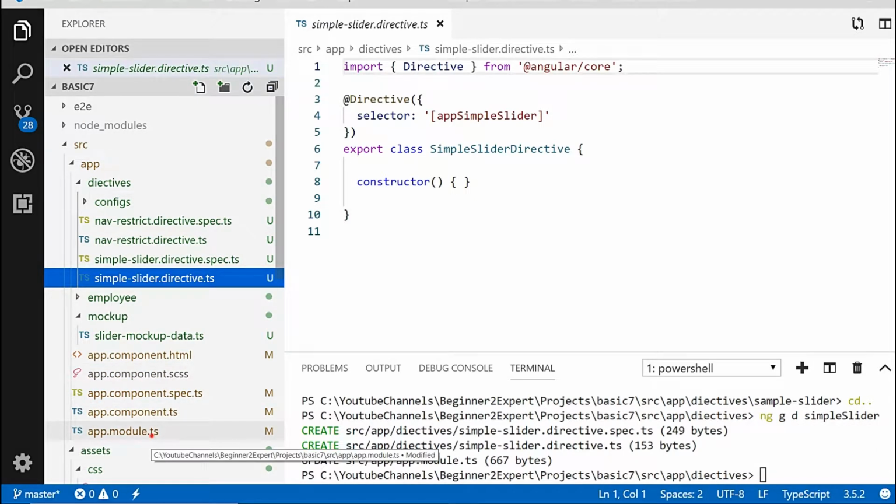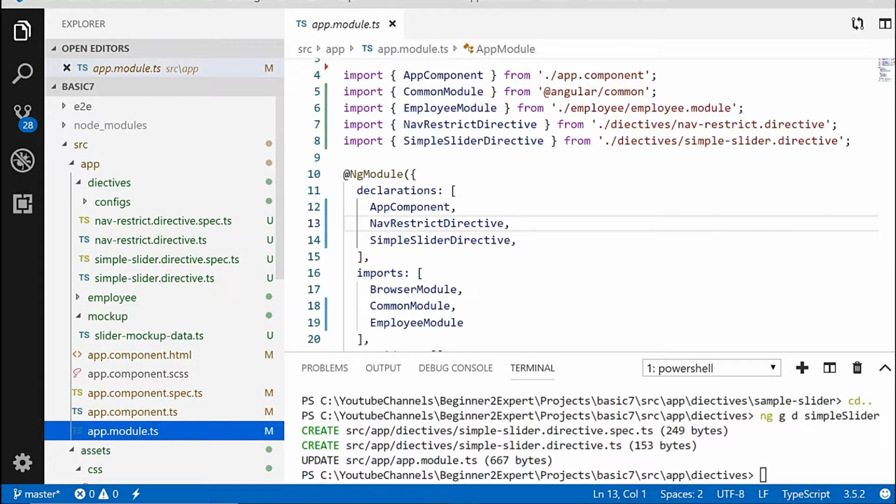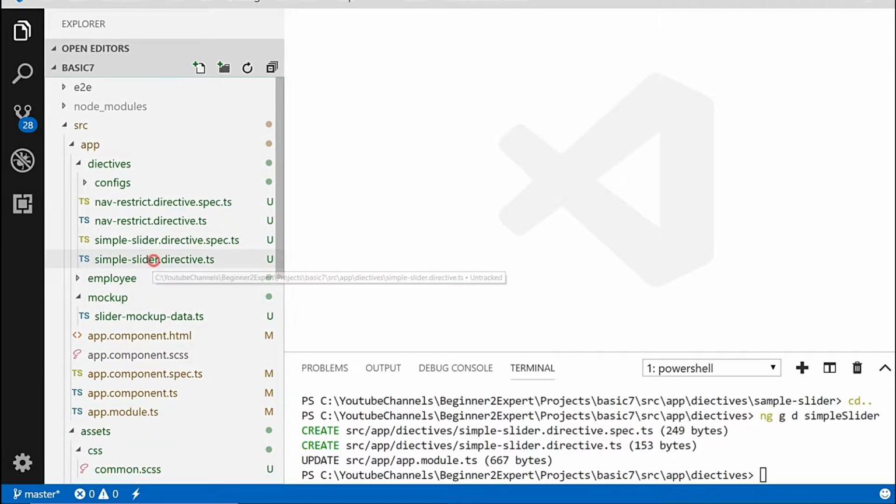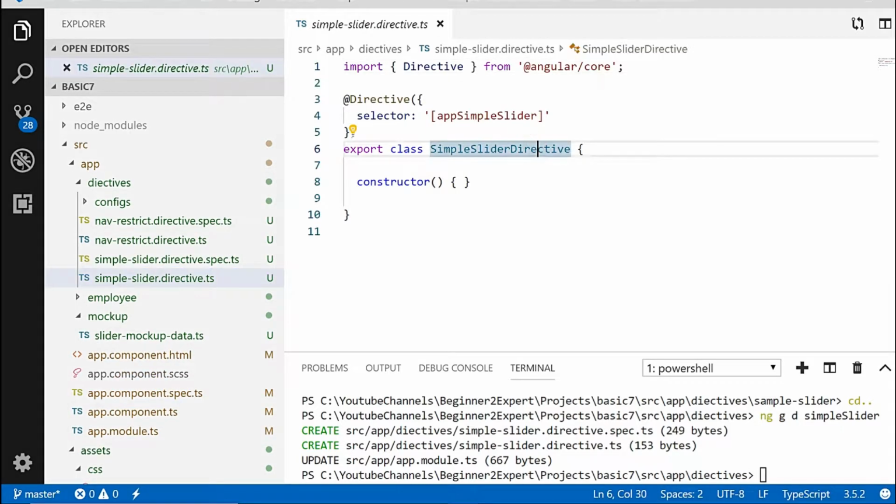Now I have to check the app module whether it is declared or not. Okay, here it is also declared. Now this selector I'm going to change, because I want to put a shorter name for the selector, like ss, meaning simple slider. Okay, now